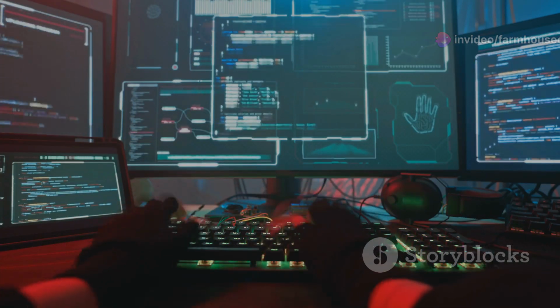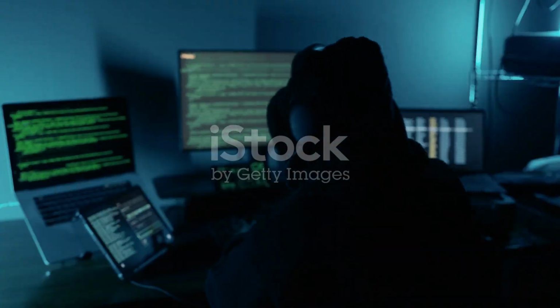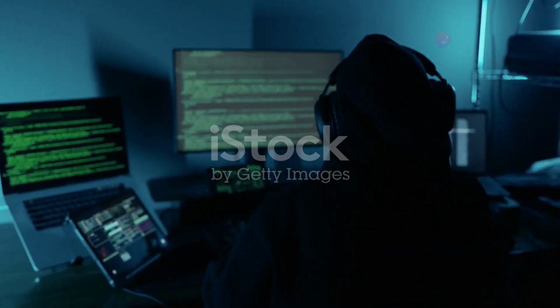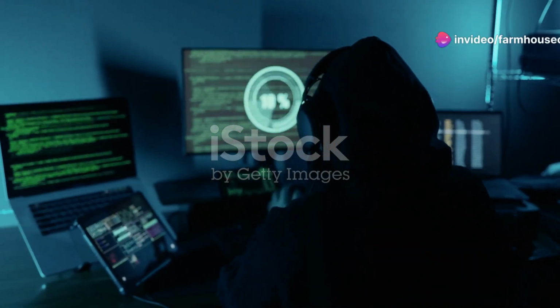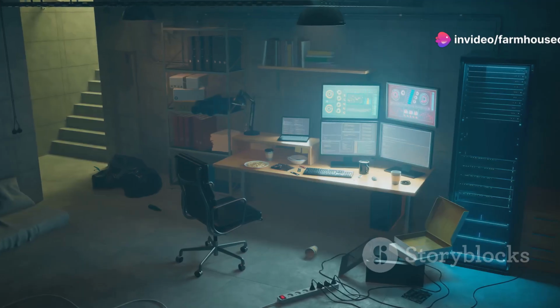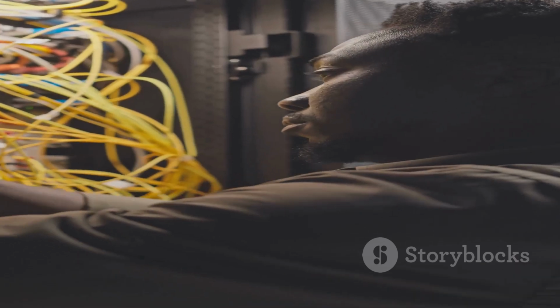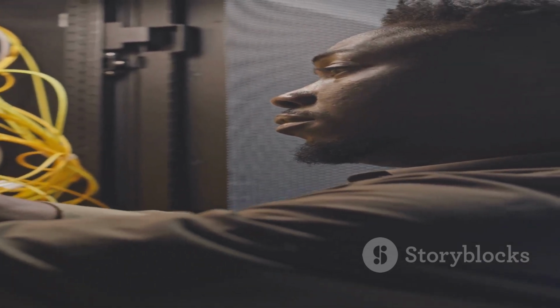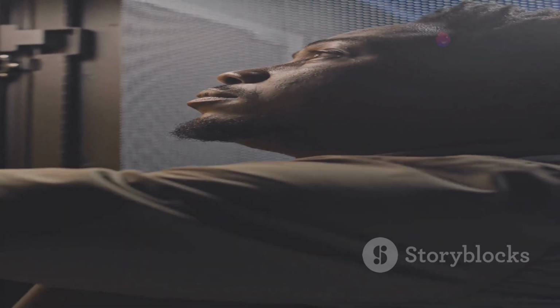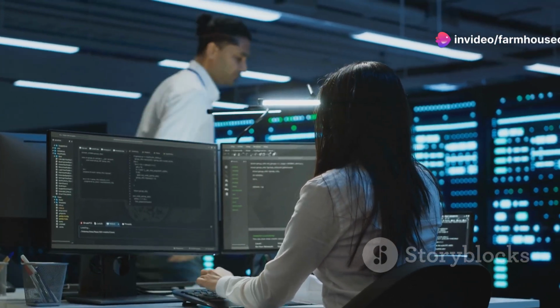Mastering the tools, your gateway to endless possibilities. Learning these Python libraries opens a world of opportunities in network programming and ethical hacking. These skills are highly sought after in today's job market. Network engineers build and maintain robust network infrastructures. Security analysts protect organizations from cyber threats.